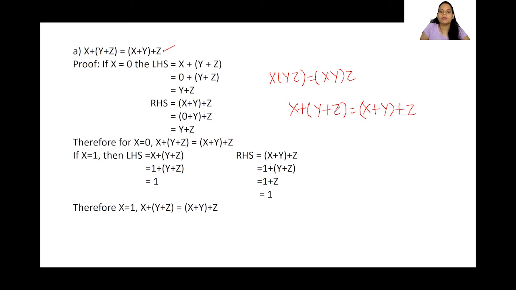Now dual is nothing but we need to change the operator here. Whenever we change the operator, it is the similar expression. So I'm changing the OR operator to AND operator. Now this expression is nothing but the dual of this expression. Hence, there is no need to prove it. Since this is equal already, this will also hold good. So we are not going to prove the AND law.